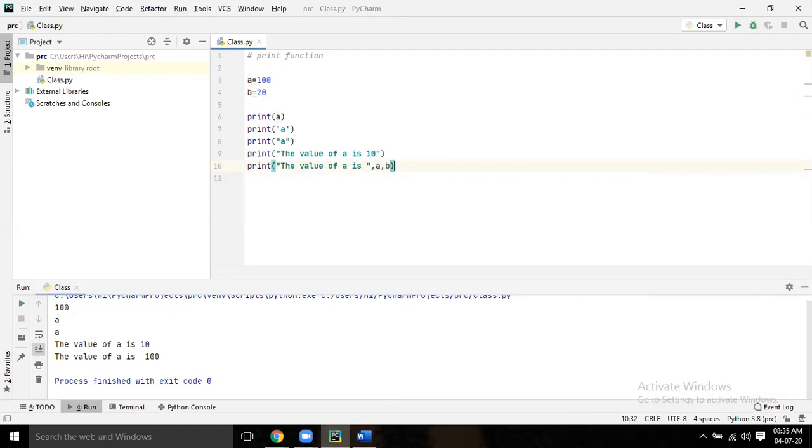The value of a and b is, comma, out of A comma B. Remove that B from the above one.